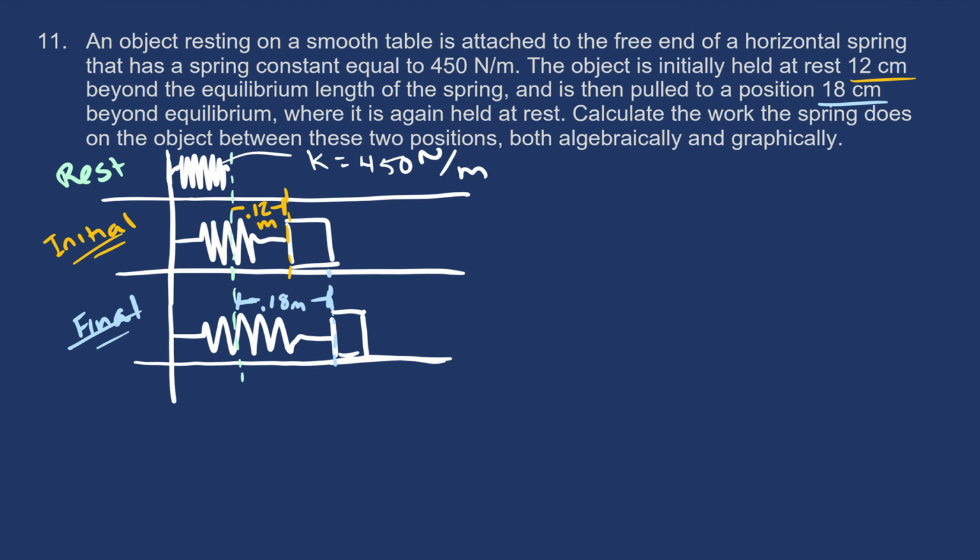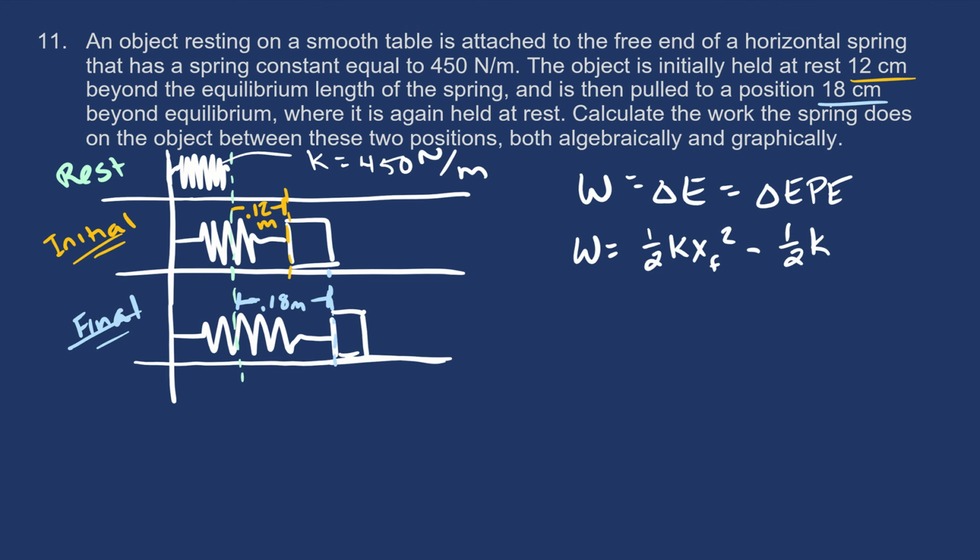So to do this algebraically, we know our work-energy theorem says our work is going to equal our change in energy. And here we just have elastic potential energy that's changing. So it's going to be equal to our change in elastic potential energy. Writing that out, elastic potential energy is 1/2 kx squared. To take the change, we take the final minus the initial energy, which would be 1/2 k x initial